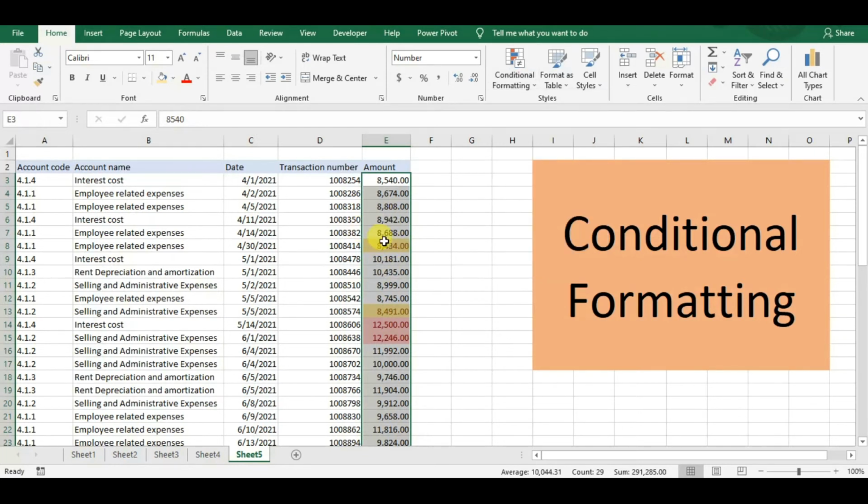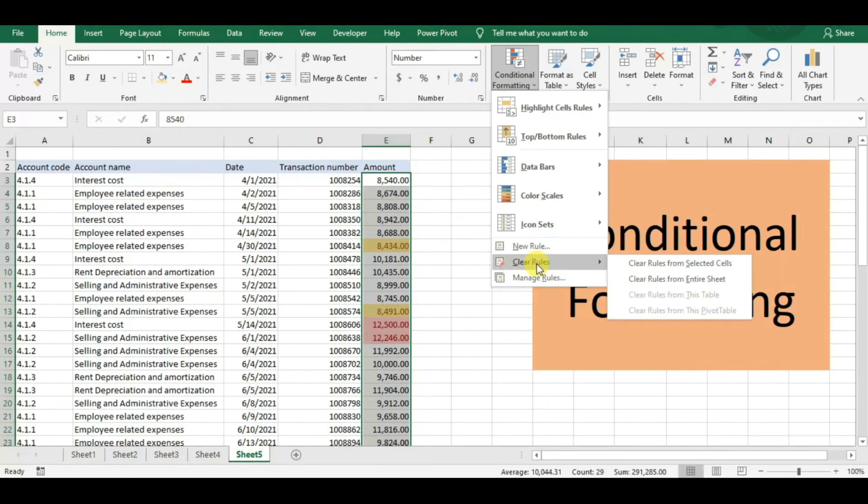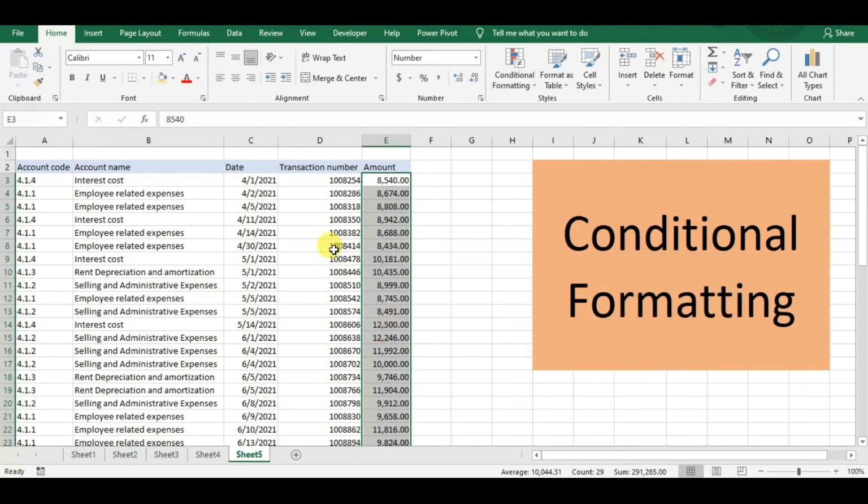Now what if we want to clear all this formatting which we have done? You have to again go to Conditional Formatting and choose Clear Rules. Click on Clear Rules, and you can clear rules from selected cells or from the entire sheet. We will select clear rules from entire sheet, because we want to clear the conditional formatting from the entire sheet. Now see this, the conditional formatting has been removed from the entire Excel sheet. For all accountants and analysts, it is a great feature, so that you can highlight and analyze all the data very well.